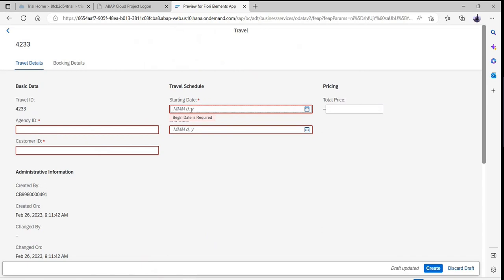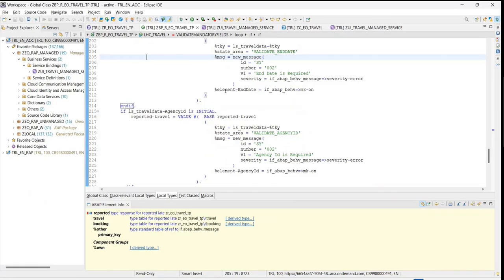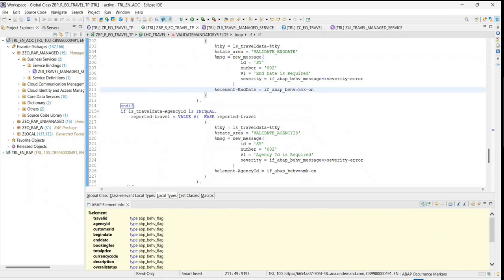So in that case, or let's just say agency ID is required, that's true. Or let's just say there can be some combination which are not allowed. Definitely there are pretty good chances that you might end up getting more than one error message on a field. So if the field is only getting highlighted, how would you ensure that you are getting more than one error message? That's where you might need help from the state messages, that in a single state